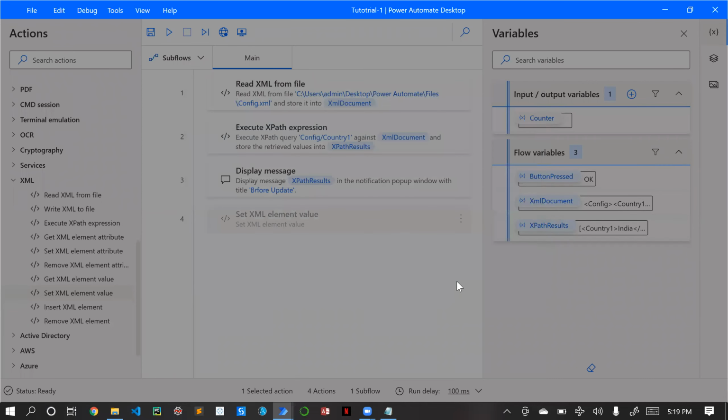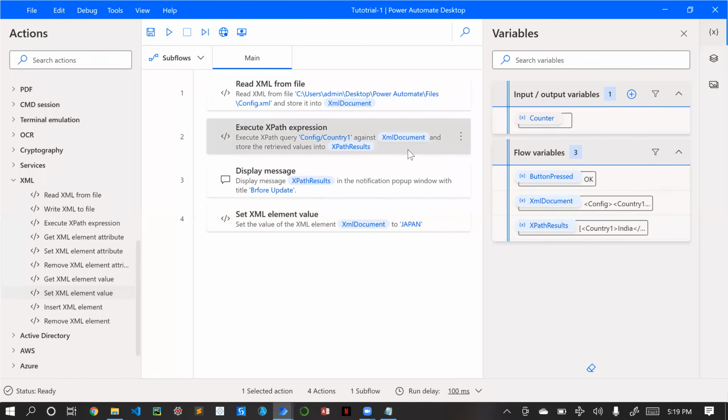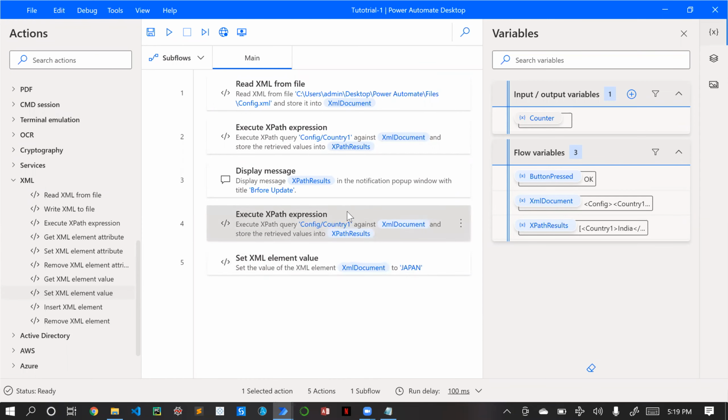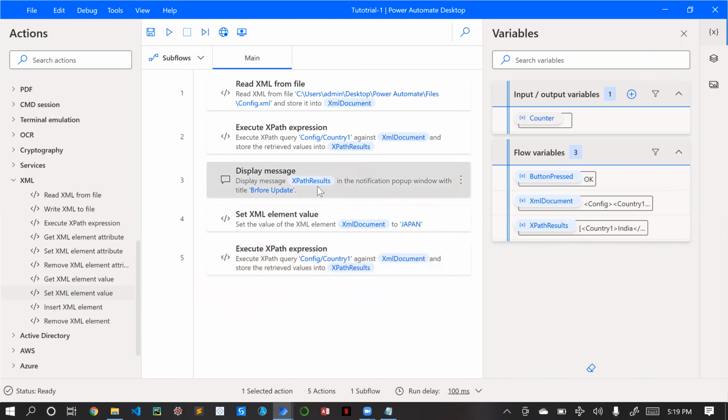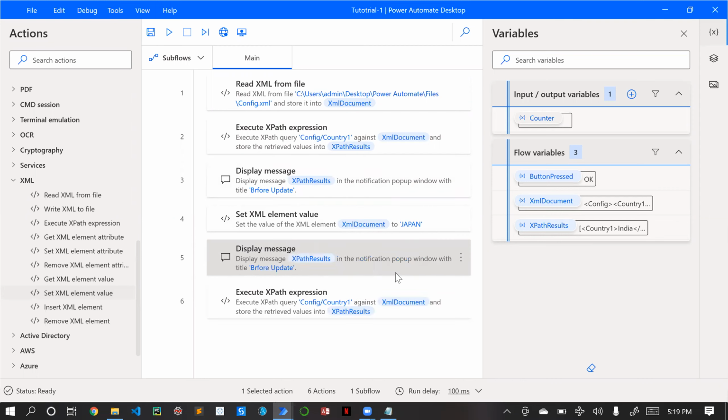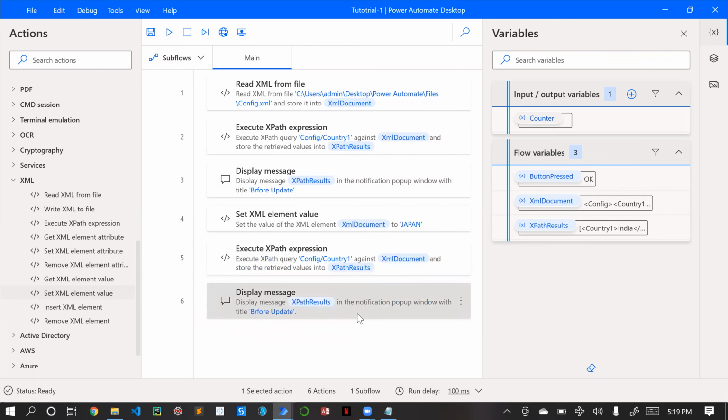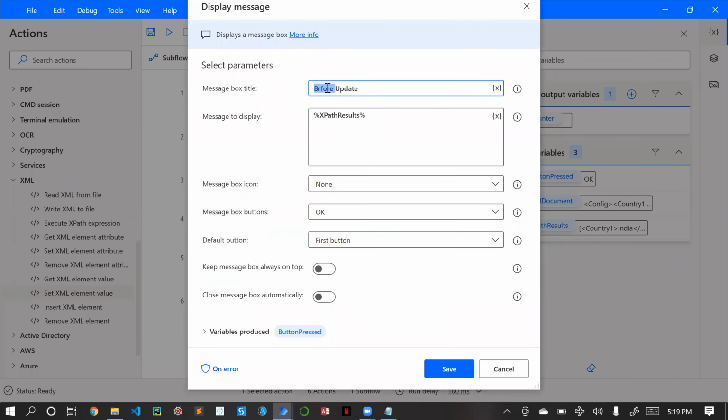I'm saving this. Again I'm executing the XPath expression to see how the value is looking after doing the update. I will use the message box the same way. Let me open this and put after update.